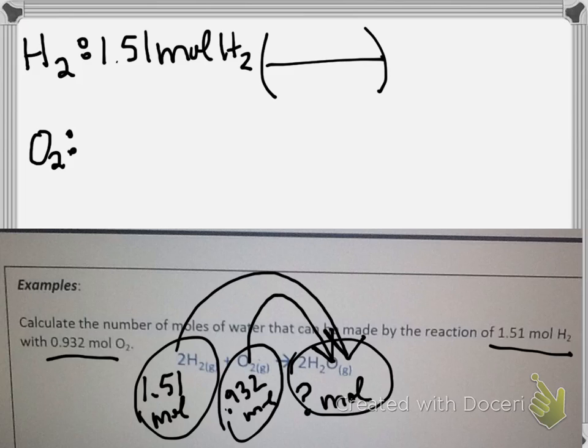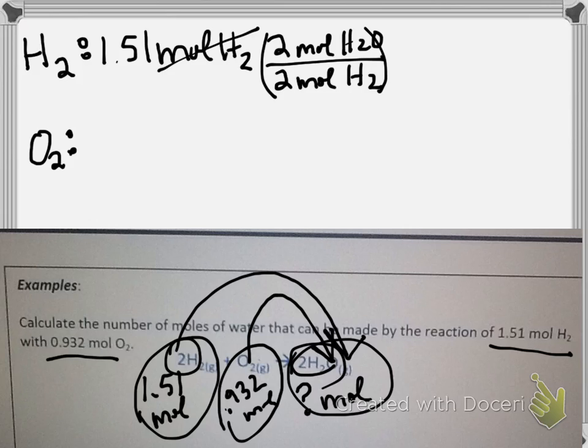Well, we're already in the mole, so we're going to do a mole to mole. In this reaction, for every 2 moles of hydrogen, we produce 2 moles of water. So I've got my moles of hydrogen on top, that's why I put it on bottom, so they'll cancel out, converting to 2 moles of water. Notice I've also got a 2 on top and a 2 on bottom. Those cancel out as well. Basically, what I say here is that for every mole of hydrogen, I make a mole of water, right? So I should make 1.51 moles of water